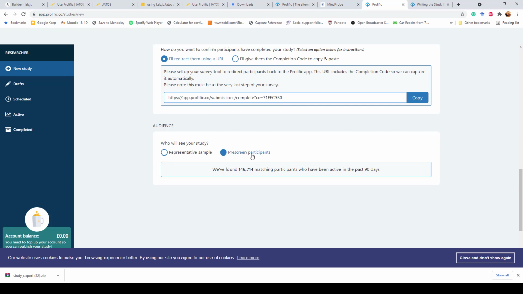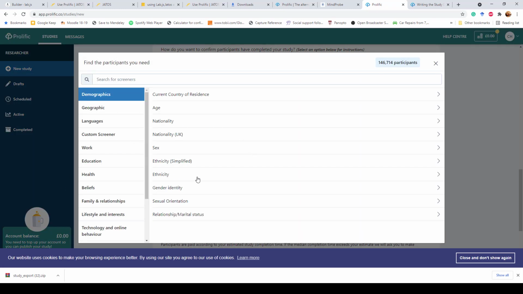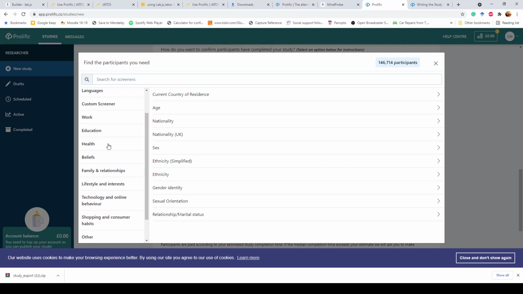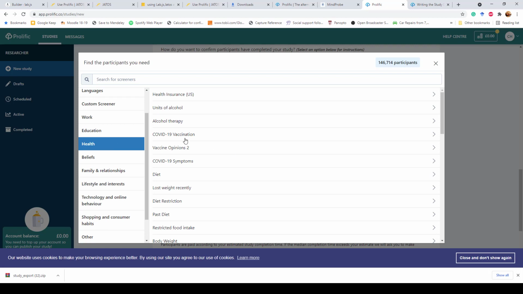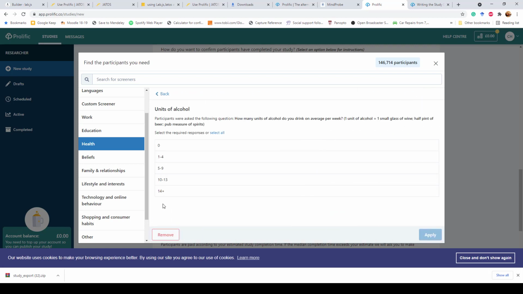So if you go on to pre-screen participants here, you can actually see that you can specify various things. So you can do things like specify gender, ethnicity simplified, ethnicity more complicated, religious, relationship status, sexual orientation. So let's go and look at health, for example, and you can see whether they've had a COVID vaccine or whether they've been in alcohol therapy, what units of alcohol they consume. So if we click there, you can see that you can specify 14 plus, so that would indicate that they have a drinking problem, for